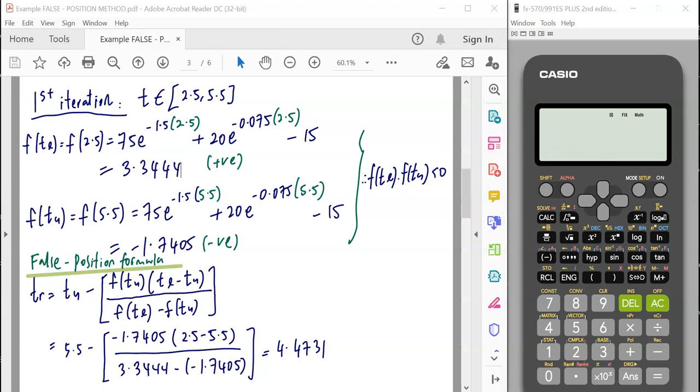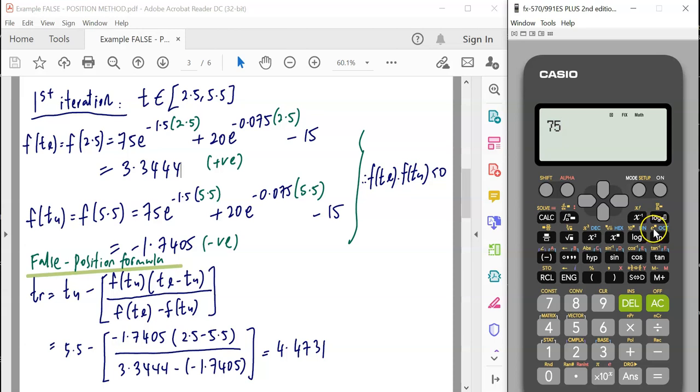Okay, so after we fix our calculator into 4 decimal places, let me share with you how to calculate this value, meaning how to use your calculator to insert the exponent function here. So you look at f(2.5) here. We will calculate this value together. Now you have 75, so you click 75 on your calculator. Now we have exponent, so this is the exponent function. How to use exponent in your calculator? So you look here, you have the